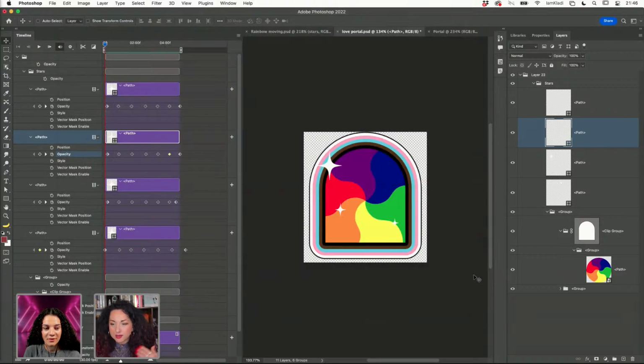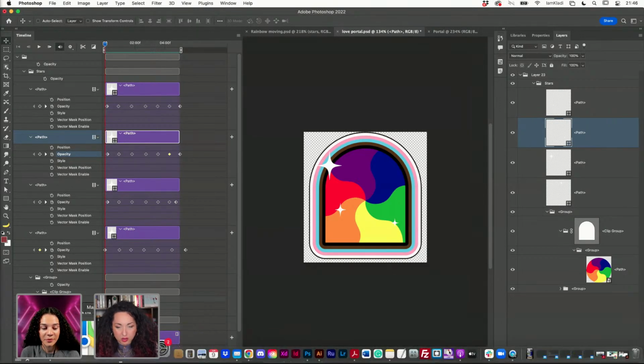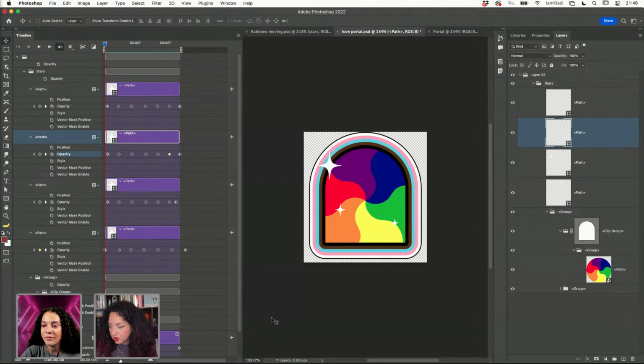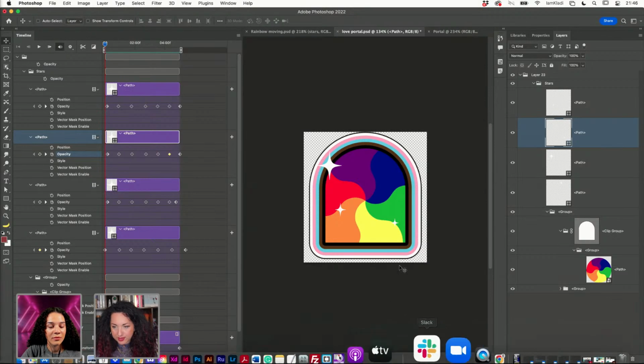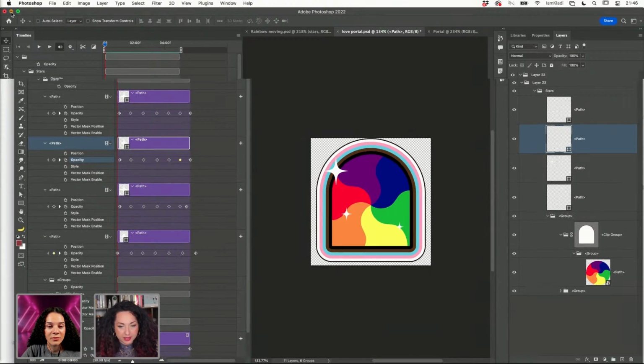Now you can email it to yourself. You can WhatsApp it to yourself. You can do whatever you want. You can AirDrop it to yourself. In this case, I have a Mac and an iPhone. So what I've done is simply go into AirDrop, and I have AirDropped the animation inside my images. If I now go back into my mobile here, once I have my file that is an actual GIF,